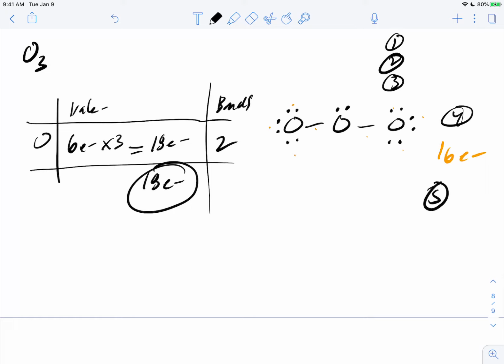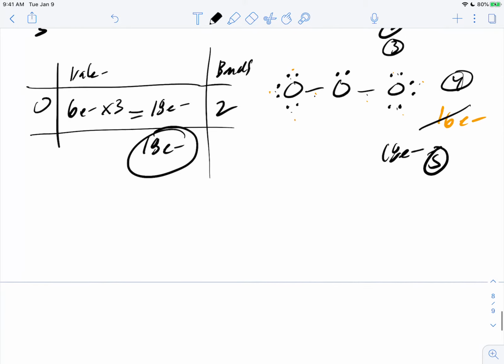Now the fifth step. So now my structure has 18 electrons. And again, we'll just double check. 2, 4, 6, 8, 10, 12, 14, 16, 18. So we have 18 electrons. That's good, but you'll notice that this